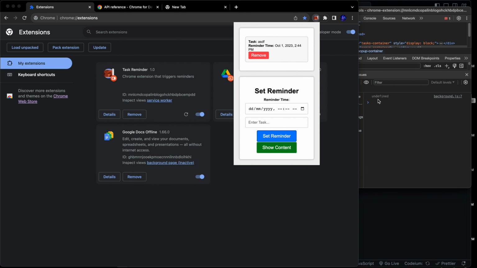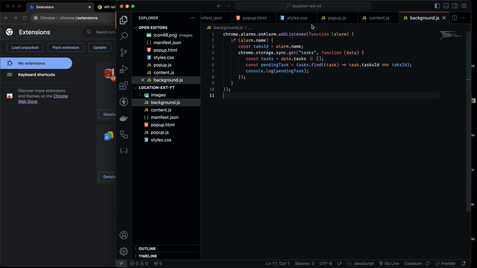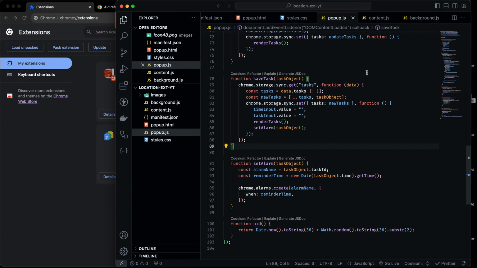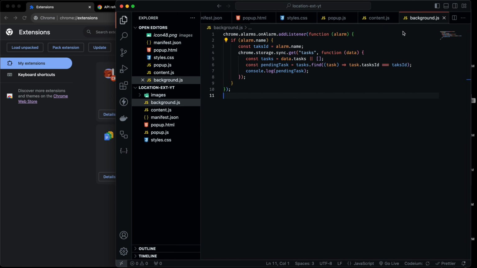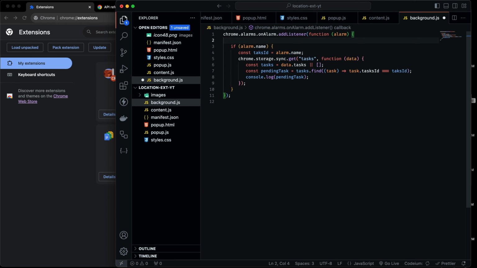So we've got undefined here, which means that we've done something wrong, or rather I've done something wrong. So let me just check here. It's probably in the background.js because the error came after a minute. So this is running. Let me console log "background ran", and say if alarm.name is task id, we sync, we get the tasks, we put it into an object called task,